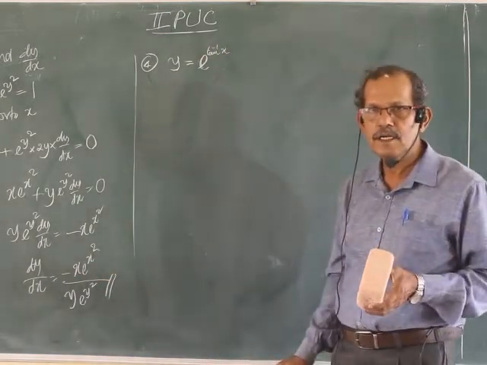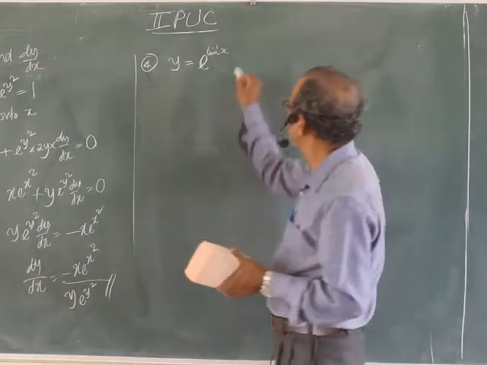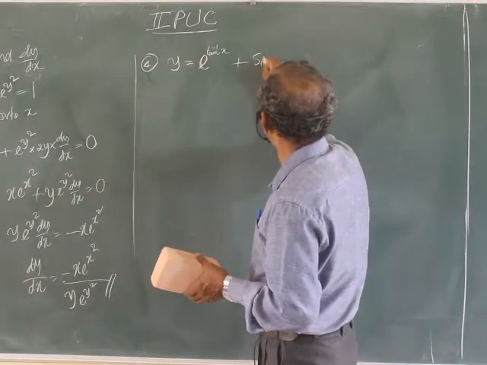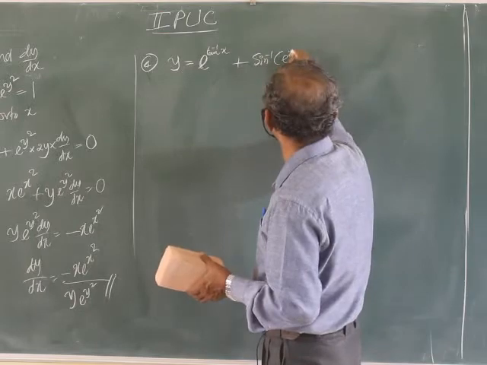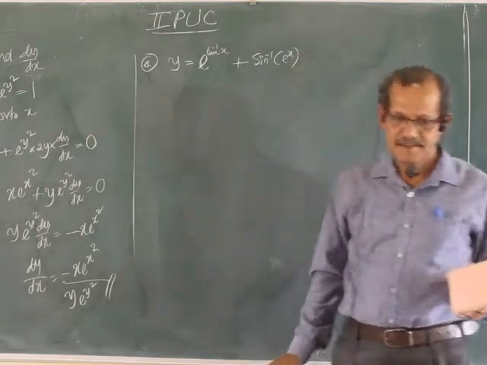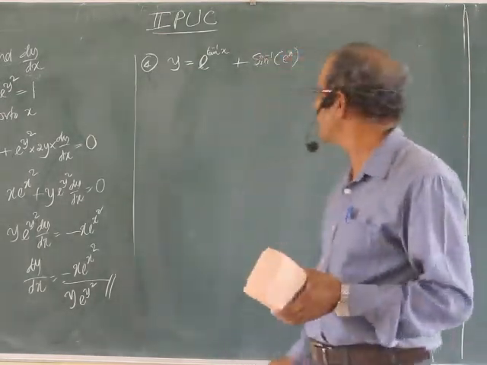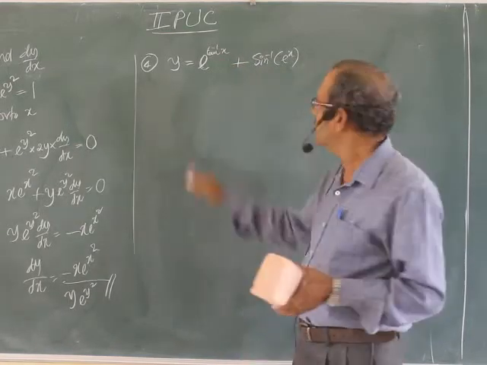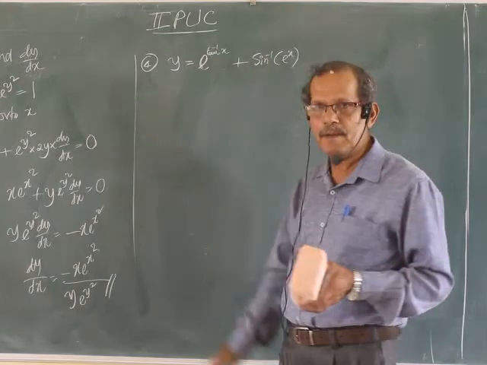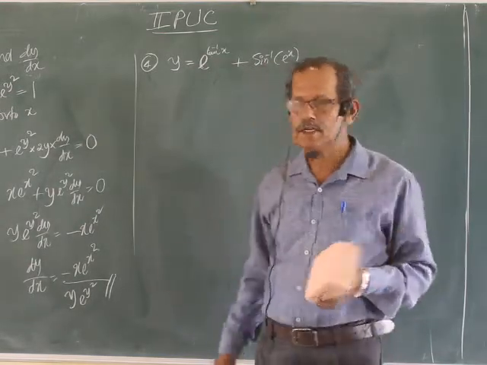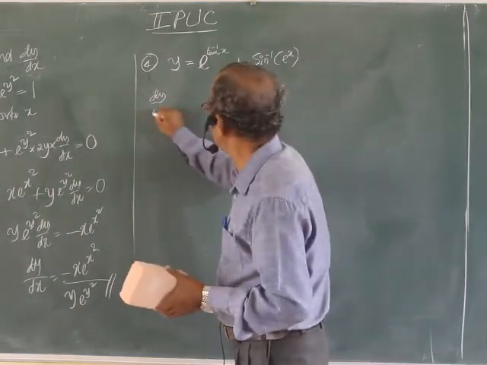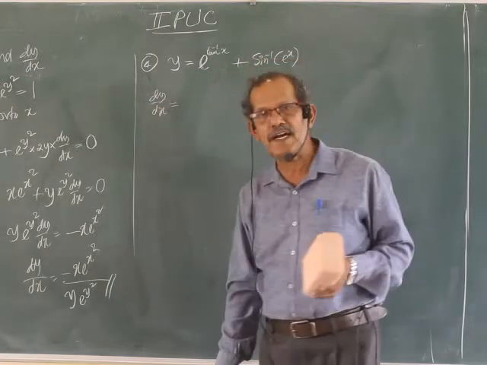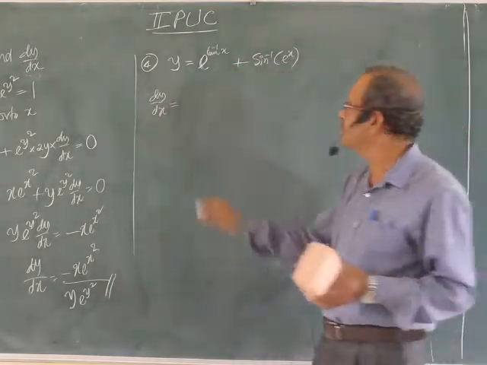Inverse function, but e to the power. Plus one more let me give: sin inverse of e to the power x. e to the power x in the inverse trigonometric function I have taken. Both are chain rule problems, but there are two problems. dy by dx, let me use the inspection method to find the derivative using chain rule.